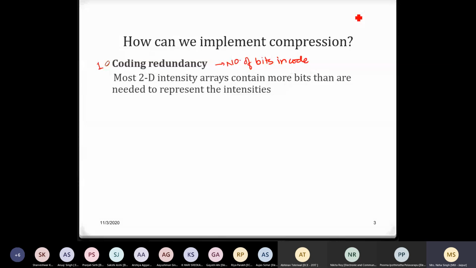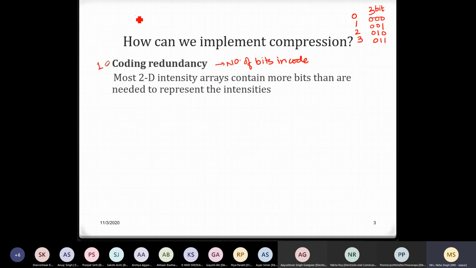It means I have four symbols, say I need to transmit 0, 1, 2 and 3, which could have been done using 2 bits of information per symbol, but I unnecessarily use 3 bits. So that 0 is given the code 000, 1 is given the code 001, 2 is 010 and 3 is 011. So unnecessarily I have added a third bit. So this bit becomes redundant. I can work without having this bit. So I can reduce the number of bits that are used in the coding way so as to code the